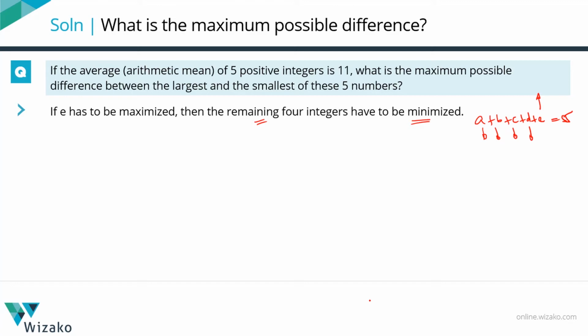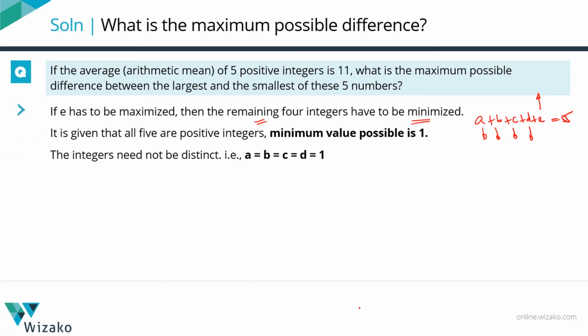We know that these numbers are positive integers. Has the question mentioned that these numbers are distinct ones? No, it has not mentioned that these numbers are distinct. So all of these numbers could be equal, and the least value any positive integer can take is 1. So the minimum possible value for A, B, C and D, all of these will take equal values and all of that will be equal to 1. Note one thing, the temptation for us is to say that A equals 1, B equals 2, C equals 3 and D equals 4. If the question had mentioned the average of 5 distinct positive integers, that would have been right. The question did not mention distinct at all. So all of these 4 numbers could all be the same.